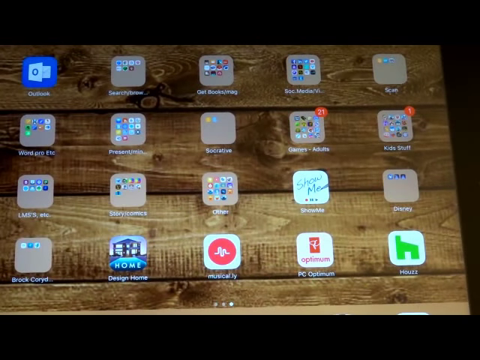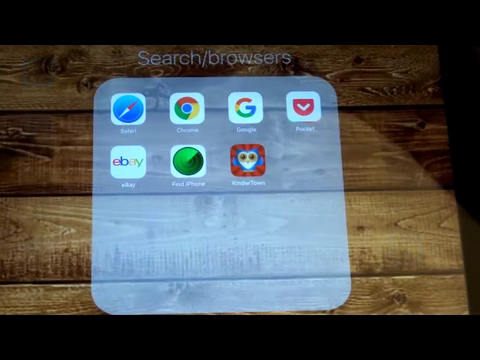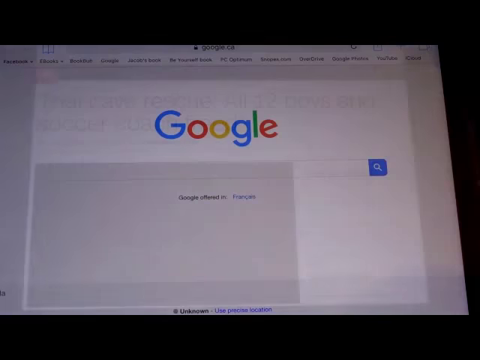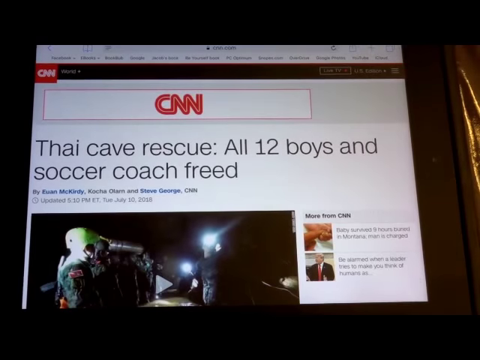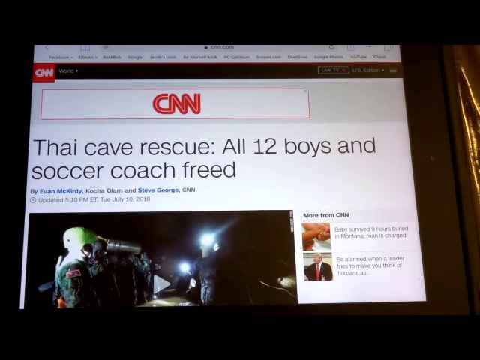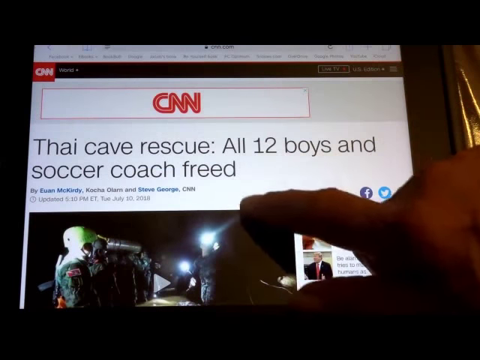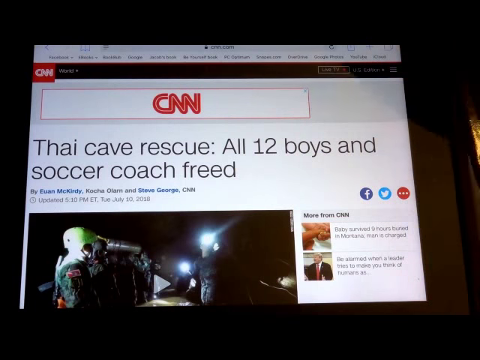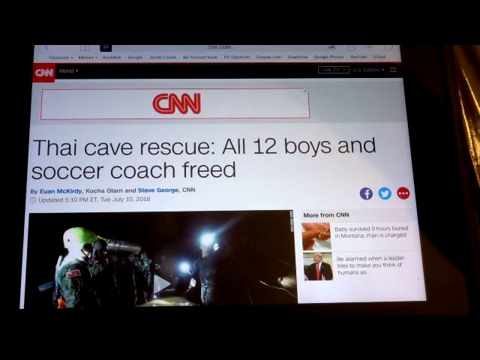Next thing we're going to take a look at is a little bit about Safari, the web browser. I'm just going to go to a web page I've been to before. So I just went to the CNN website, and interesting page, of course. But if you want to get rid of a lot of the extraneous stuff, including possibly some ads, for those pages that qualify, if you look at the top bar of Safari, near the left side of the address, you'll see 3 lines. And if you touch those 3 lines,